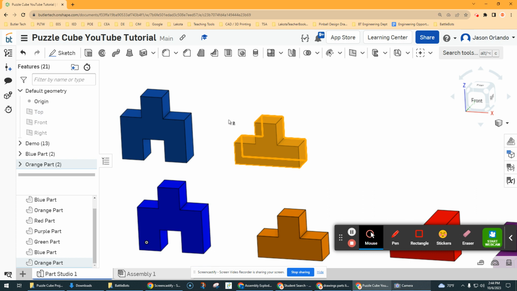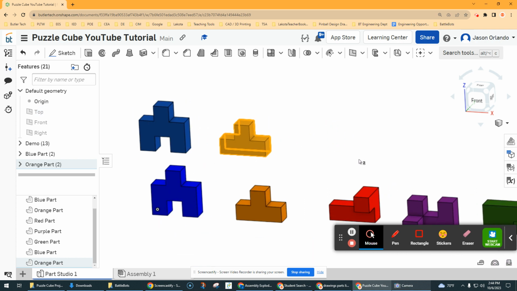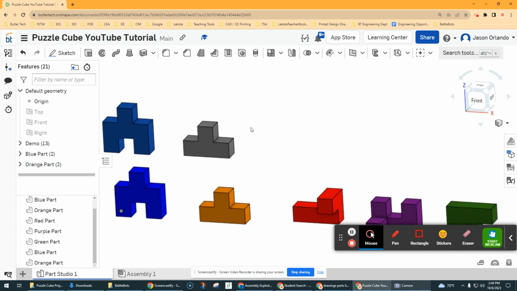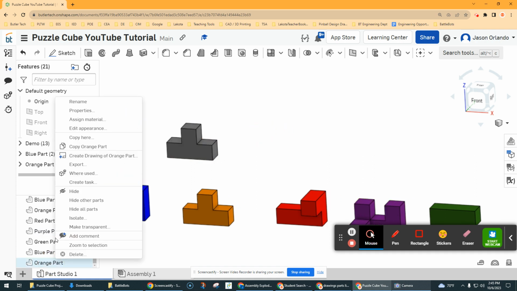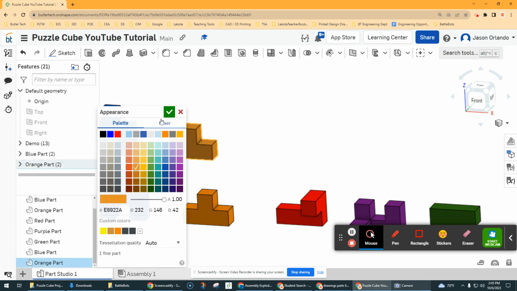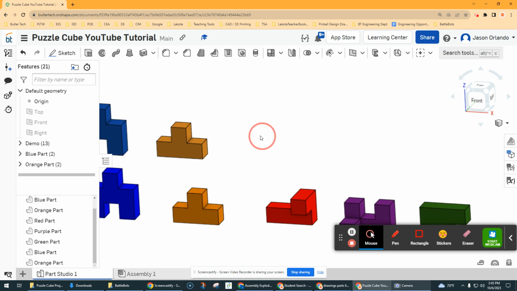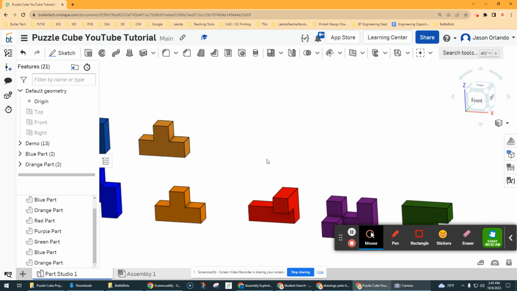So I'm just basically getting to recreate all the stuff that I already created so you can see it in action. All right, to color that orange part, I right click, edit appearance, and pick an orange. Okay. All right, for the red